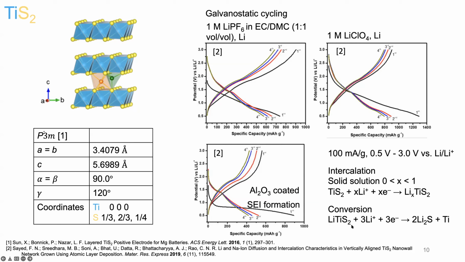And in terms of conversion, upon lithiation, the compound can also react and store more lithium ions, but the conversion products are this rock salt Li2S and titanium metal, which is highly irreversible. So the offset, of course, for higher capacity is this conversion to products that are difficult to convert to the initial lithiated